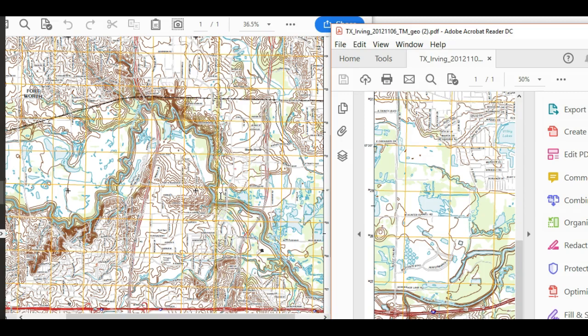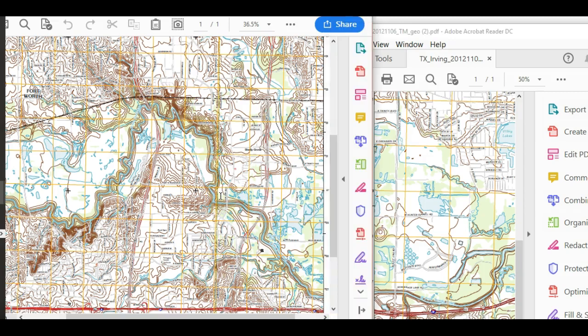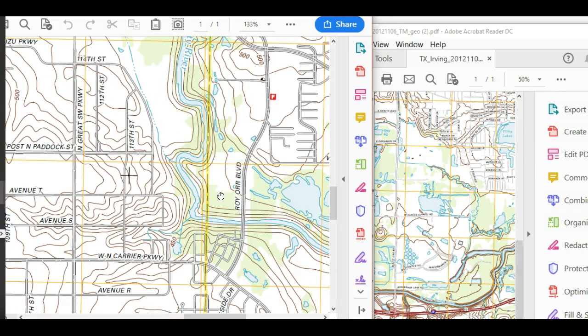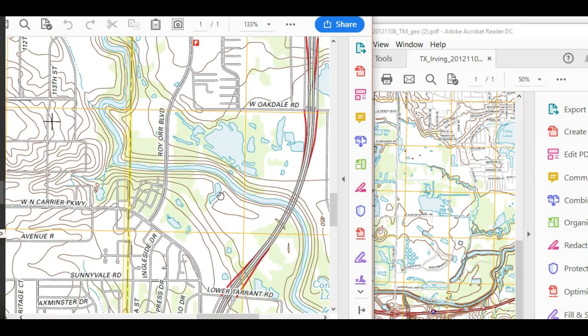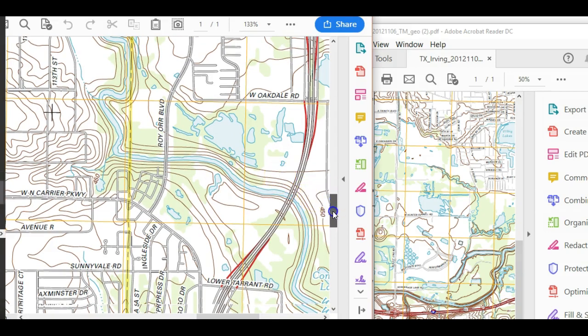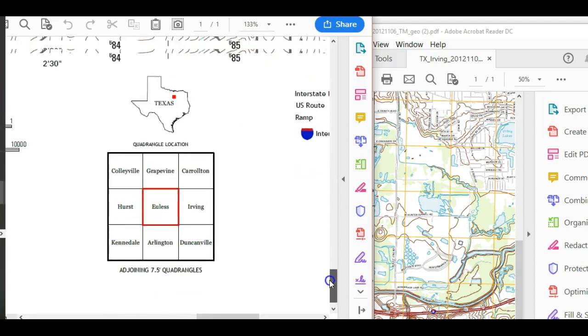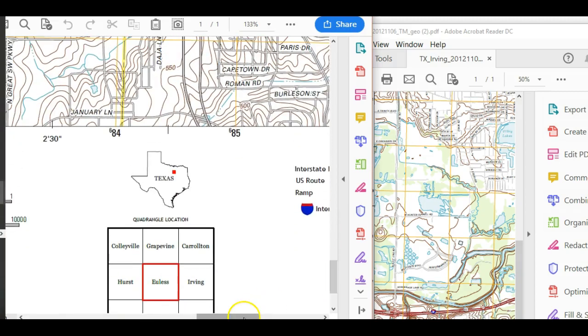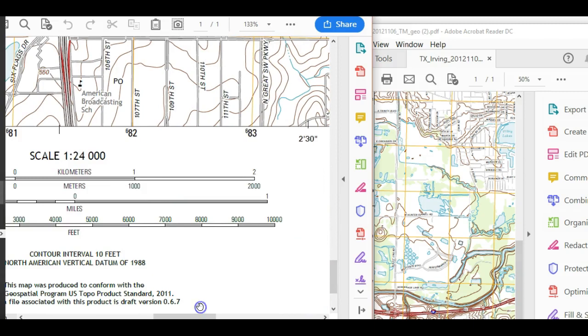I'm going to blow it up because I'm old and my eyeballs will not work like that. So I'm going to expand the map out to see if I can figure out the contour lines to look at the actual hazard map. All right, so let's take a look. First of all, at the very, very bottom, it told me that my contour interval